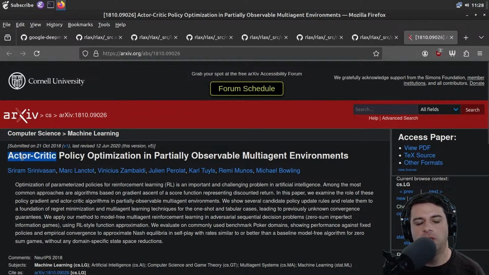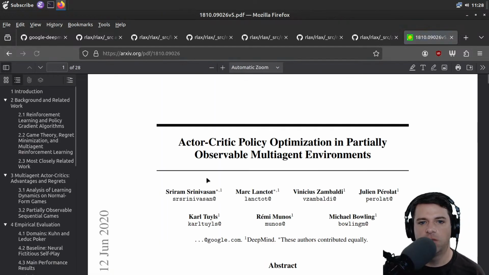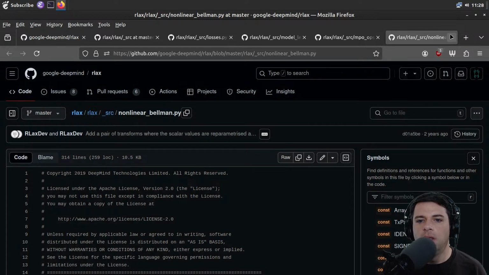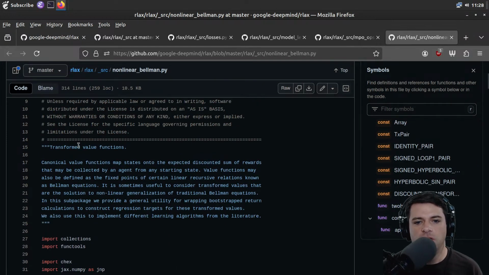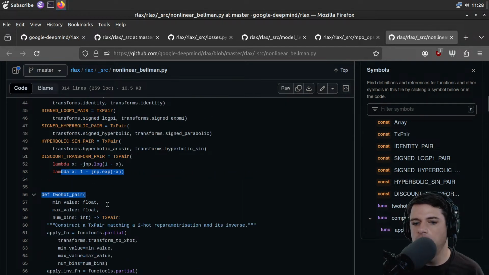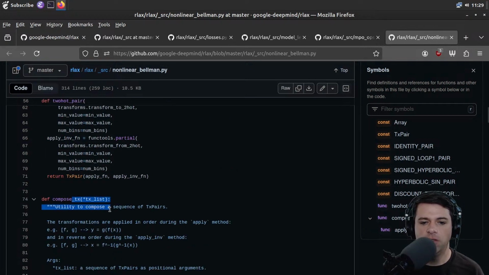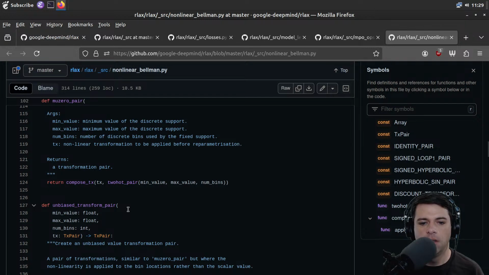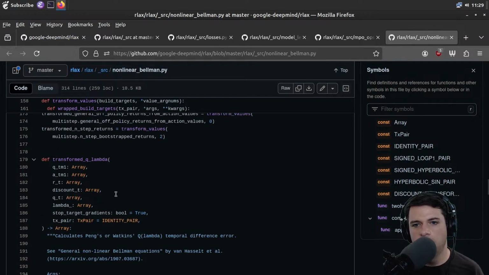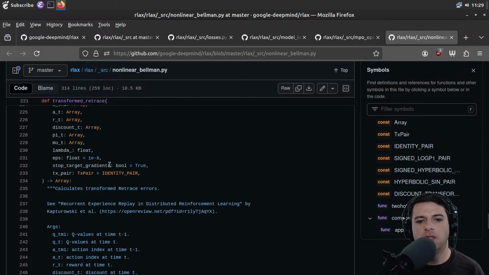Although we saw in bsuite that at least their version of actor critic didn't perform very well. Okay, here's a nonlinear Bellman. Transformed value functions. We've got two hot pair. Construct a TX pair matching two hot reparameterization and its inverse. Compose TX. Unbiased transform pair. So these look largely like transformations, transformed Q lambda. So this is all